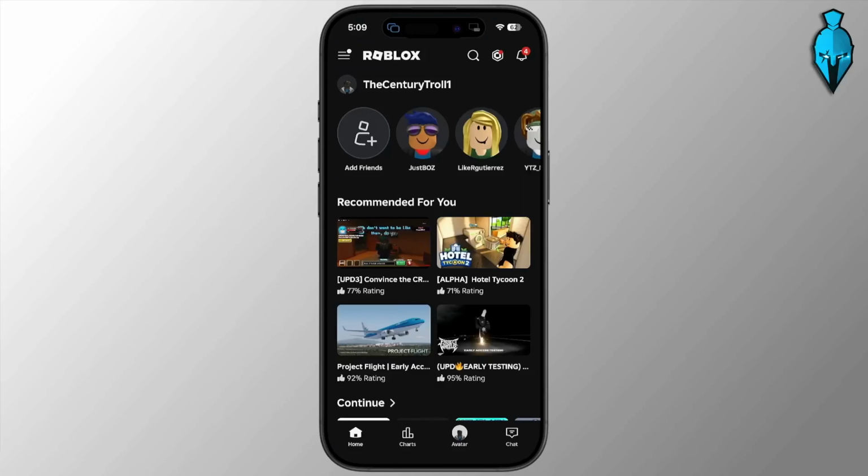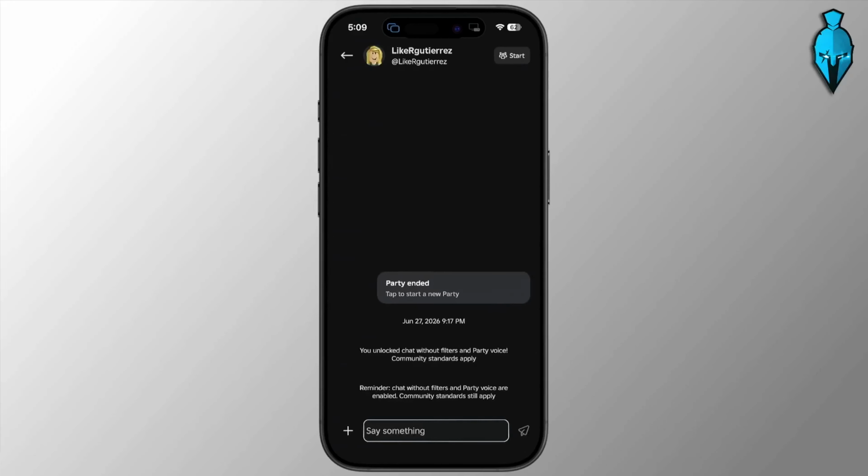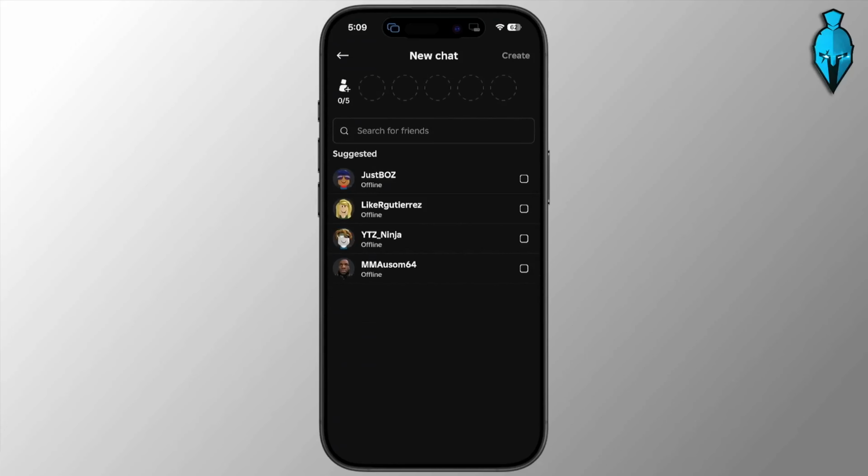Begin by opening Roblox and go ahead and tap the chat tab at the bottom of the screen. From here, you can tap an existing conversation to message a friend or use the option to start a new chat, which is the pencil icon in the top right, and select out of all these options who you want